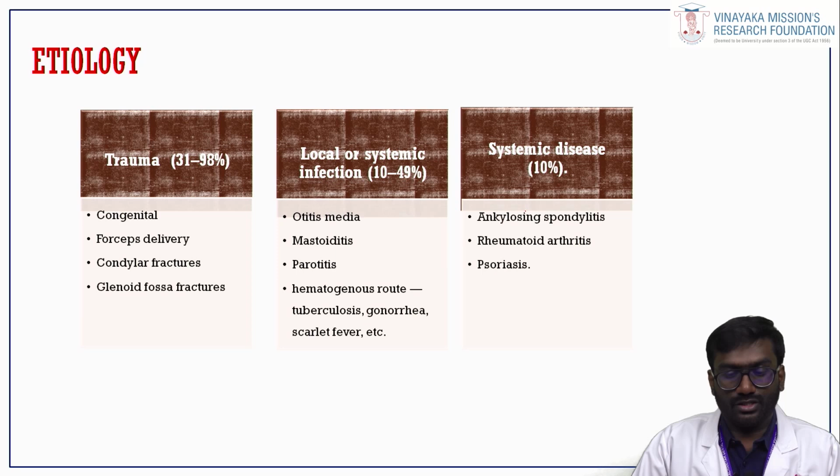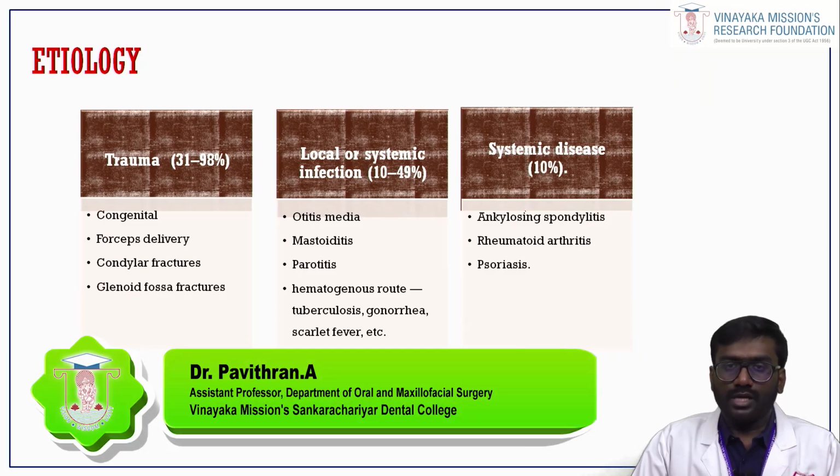glenoid fossa fractures. The next etiology, which accounts for 10 to 49% of the cases, is systemic infections such as ear infections like otitis media, mastoiditis, parotitis and hematogenous spread from diseases such as tuberculosis, gonorrhea and scarlet fever. The least contributing etiology is systemic disease, which contributes about 10%, and includes ankylosing spondylitis, rheumatoid arthritis